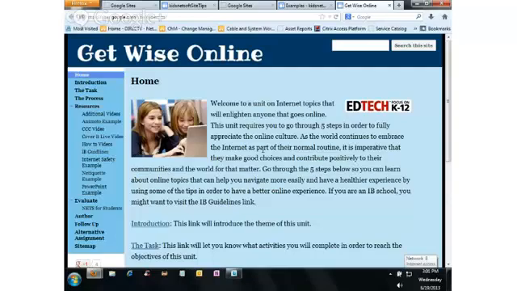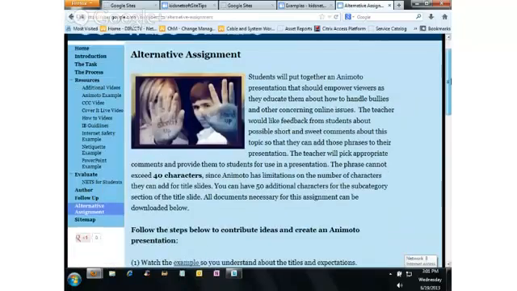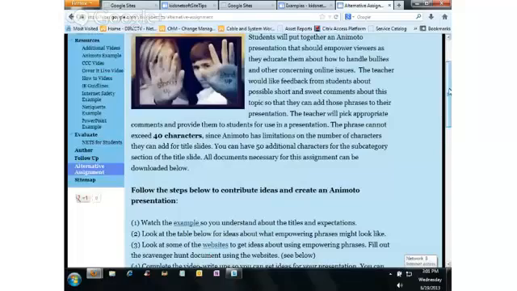So I actually used Google Forms for this unit. I'll show you how I did that. If you go to the alternative lesson here at the bottom, students, what their job is to do is they're going to do research about